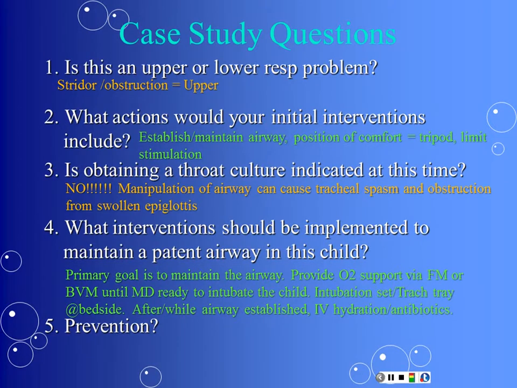So prevention for this is the Hib vaccine, or the Haemophilus influenzae type B vaccine. The Hib vaccine protects against epiglottitis, some types of pneumonia, some types of meningitis, and things like that. But epiglottitis is the biggest thing. This is why kids need the Hib vaccine, and this is why you don't see epiglottitis that much anymore,